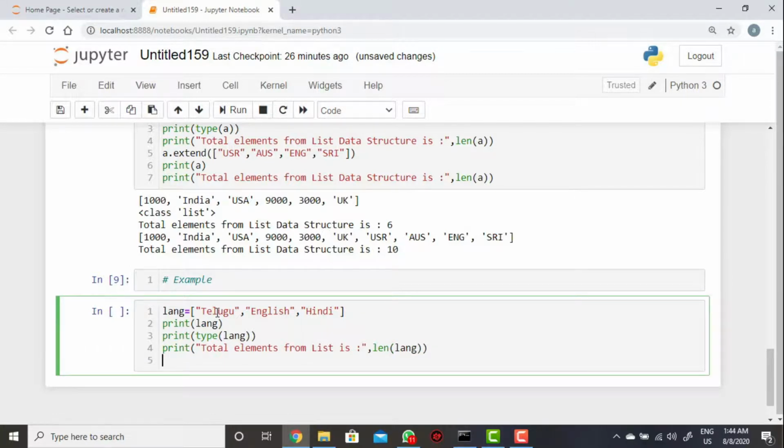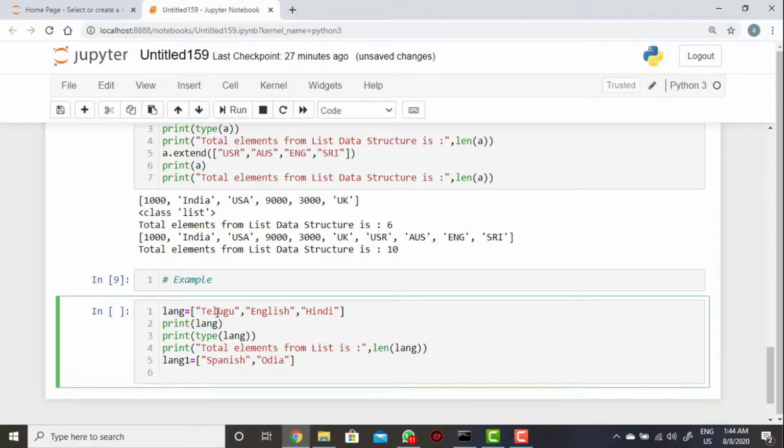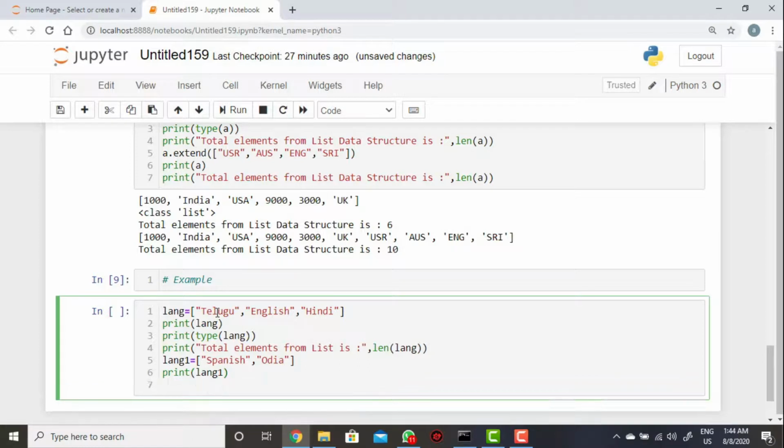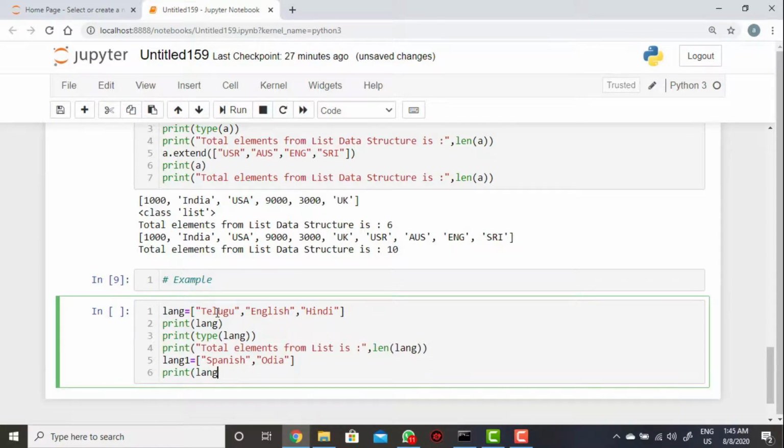Now what I am trying to take here: language1 equal to Spanish, and another language, whatever, Odia. Then print of language1, then language, because I need to append here.